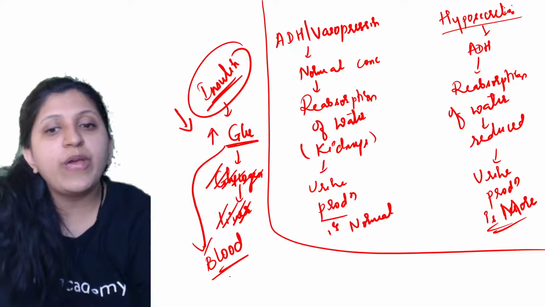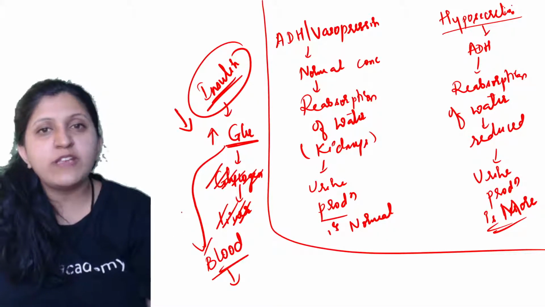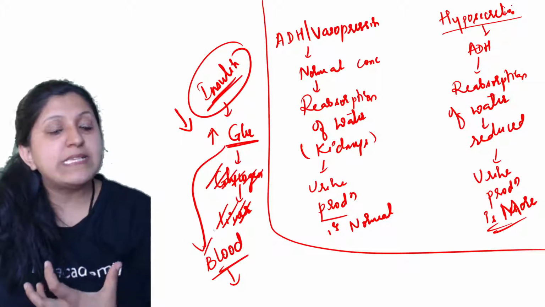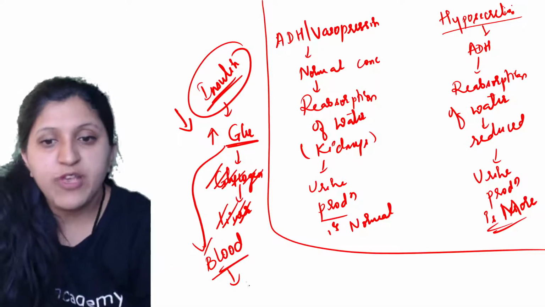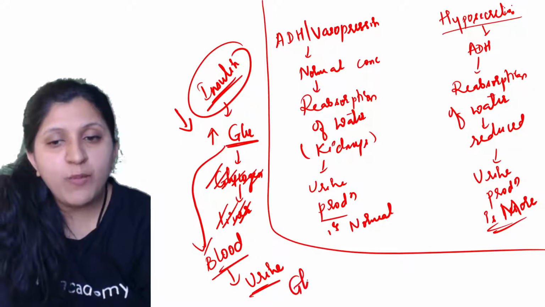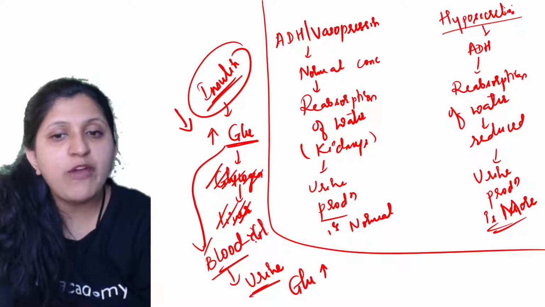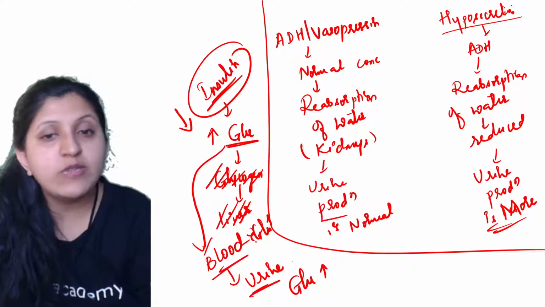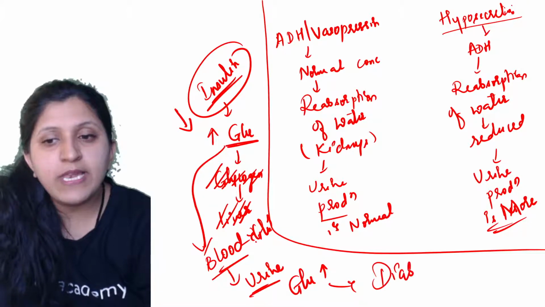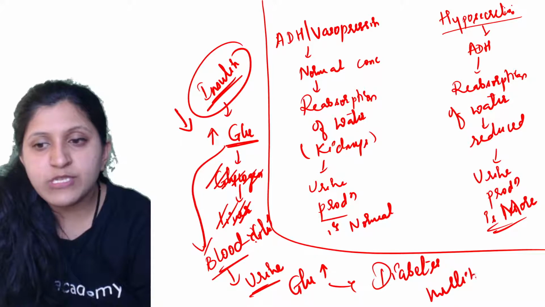Now the excretion process, that is the urinary system, which forms the urine, is basically a filtration of the blood itself. So the urine will have more glucose, and the blood will also have more glucose. This itself we call diabetes mellitus, okay. So this is called diabetes mellitus, all right.